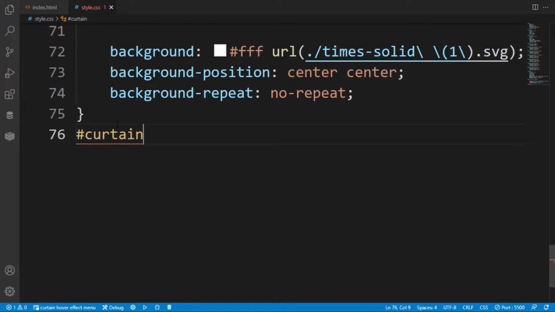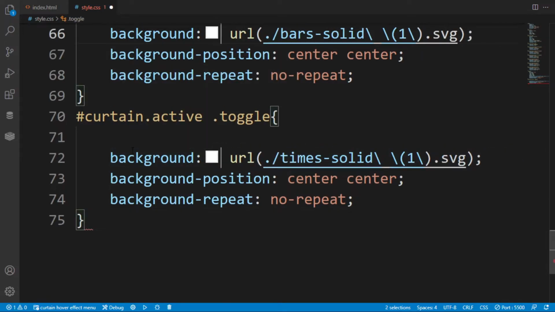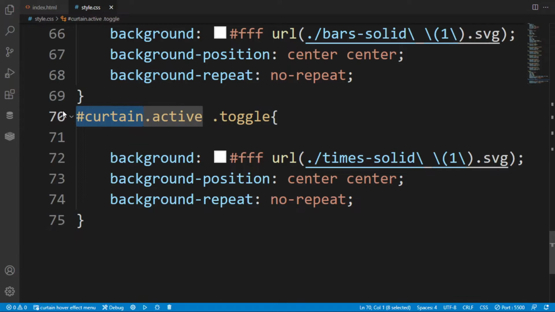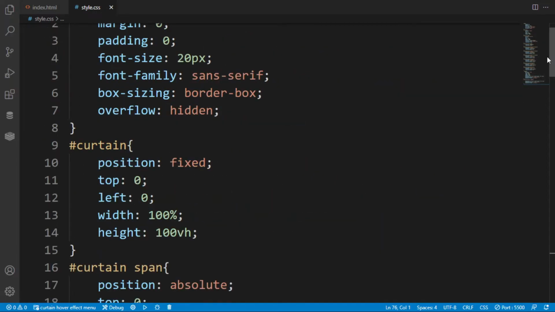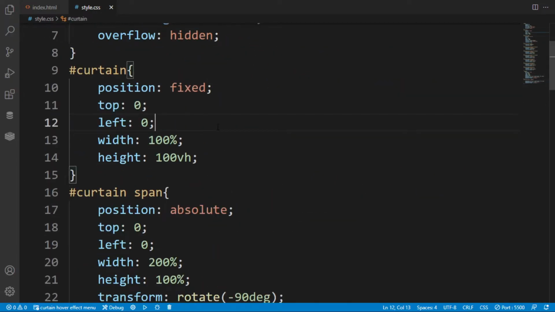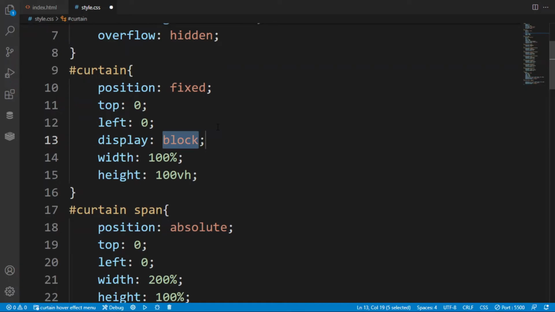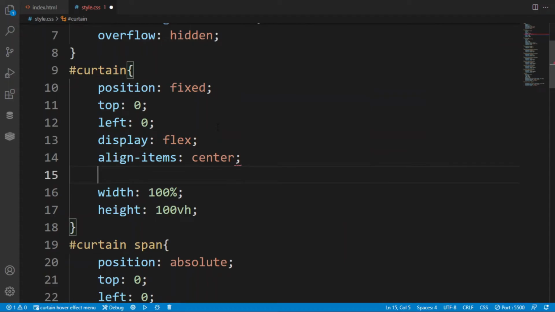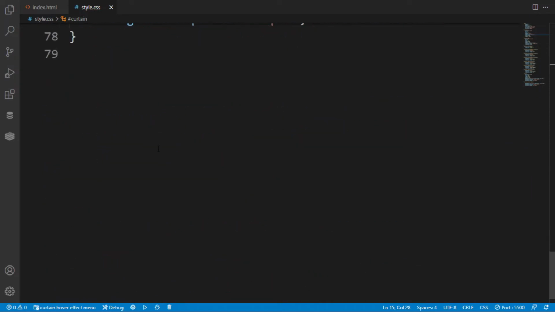So here I am selecting the curtain. It is better not to put the background white. So here in the curtain I want to give display flex, align-items center and justify-content center, because I want the content of my web page to be at the center.